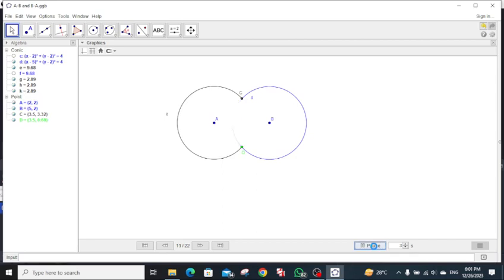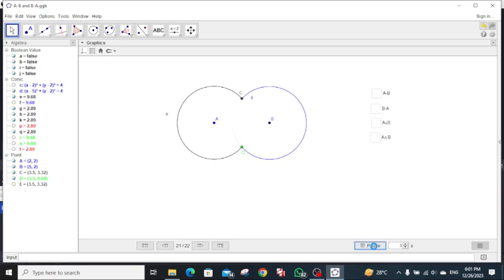Discuss about sets A minus B, B minus A, A union B and A intersection B. Now here one point is there, A minus B and B minus A and A union B and A intersection B. Now put the one point here, A intersects one point, so red color is visible.